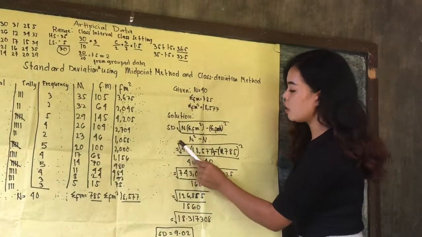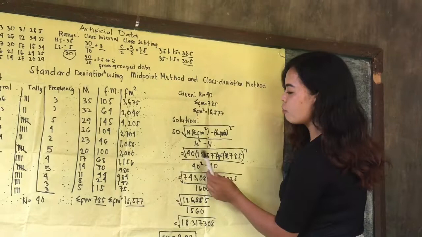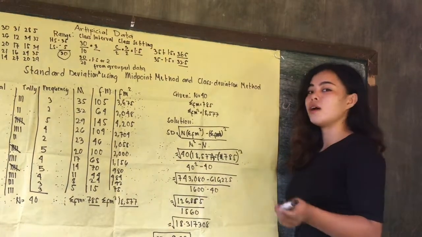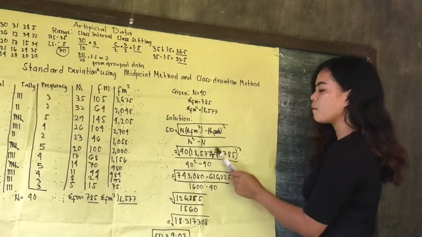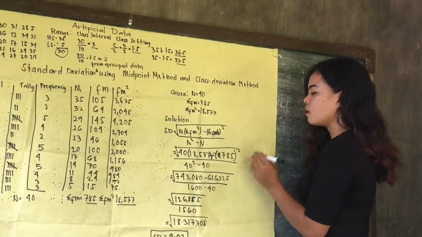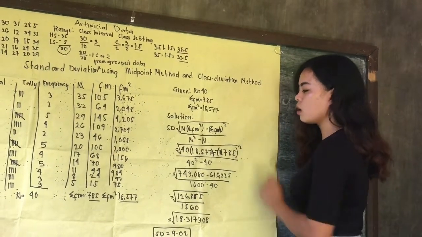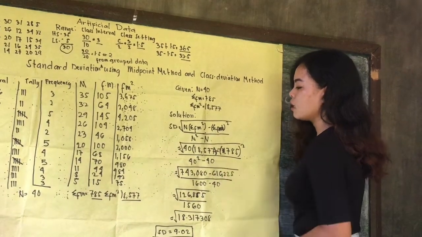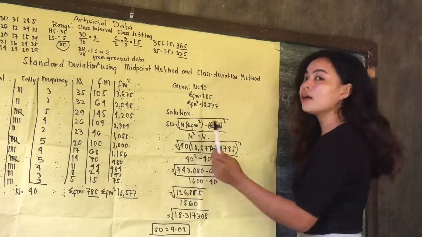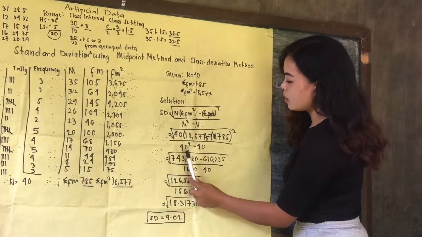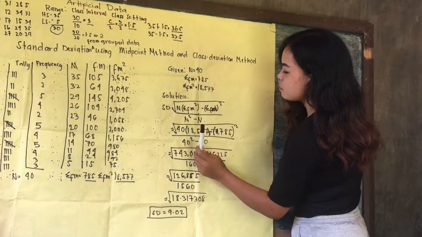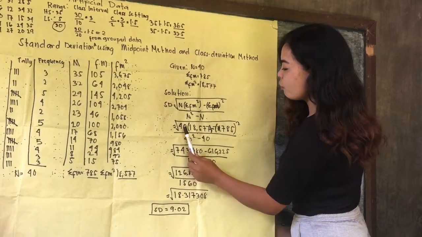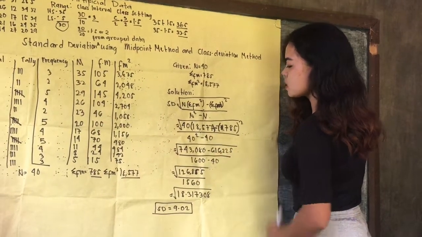So just copy the square root. Then we have n which is 40 times 18,577 for the summation of FM2, minus 785 for the summation of FM squared, divided by 40 squared minus 40. So next step is just copy again the square root, then multiply the n and the summation of FM2. So 40 times 18,577 is